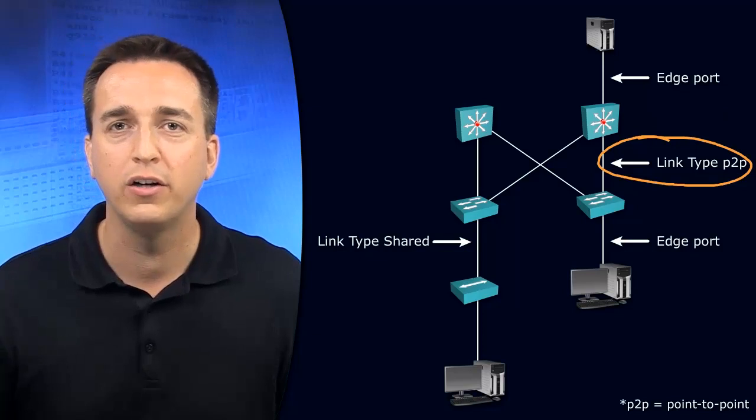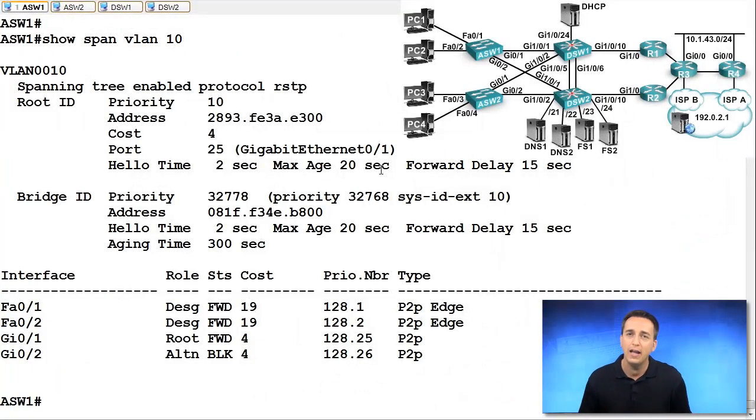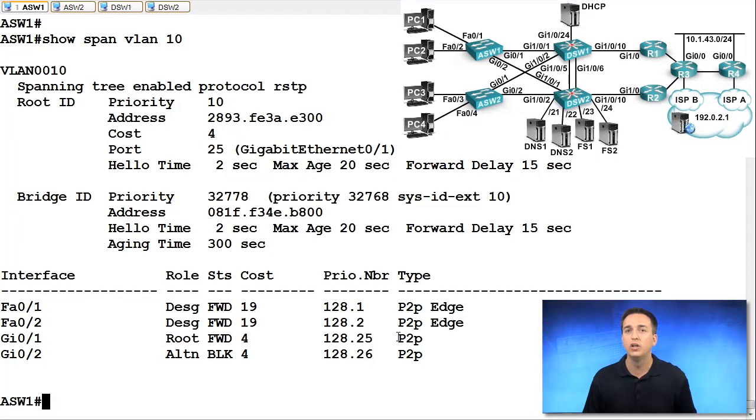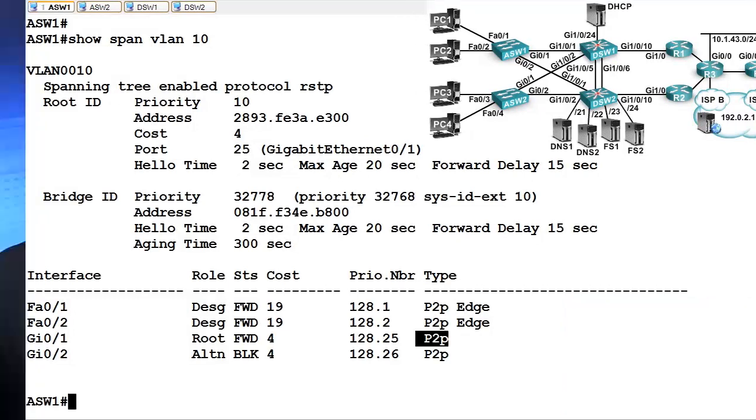Let's examine our topology in our live environment, and we can see that ASW1 and DSW1, they have the direct link between them. And if we examine gigabit 0/1 on ASW1, its type is point-to-point. We also see